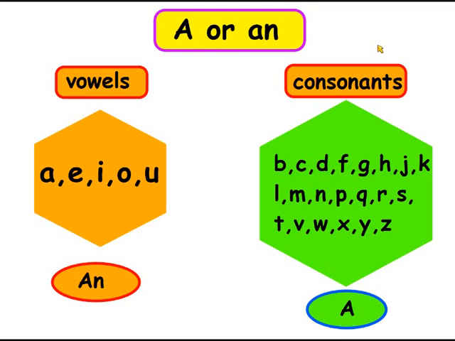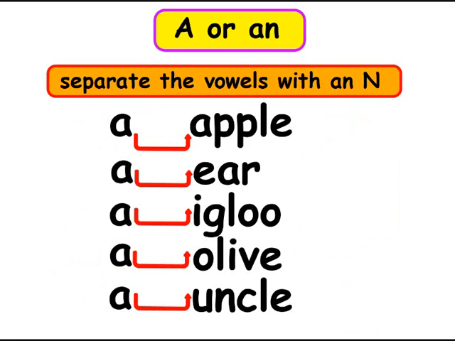Well, if the word starts with a consonant, we use a, not an. An for vowels, a for consonants. Okay, let's have a look. For example,